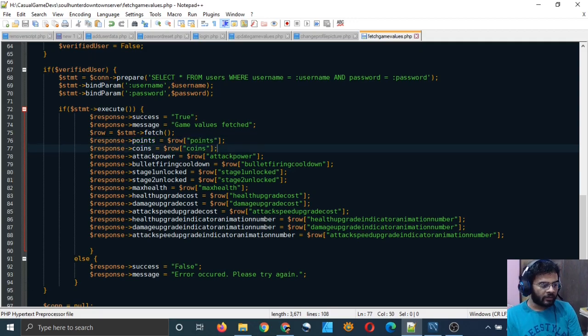So that's how I am accessing. First of all, I am declaring this row variable using this statement stmt fetch, and what this statement does is that it fetches an associative array from the result which the SQL statement has received, and it has received that result from the database, right?